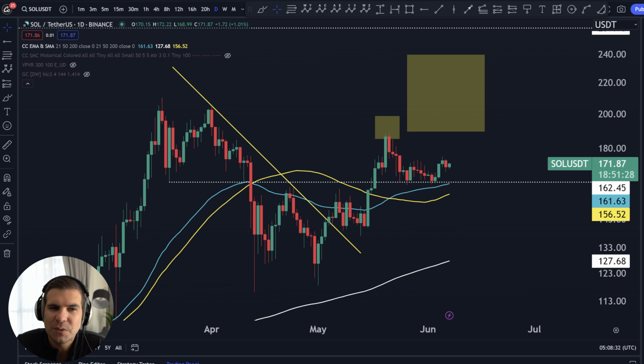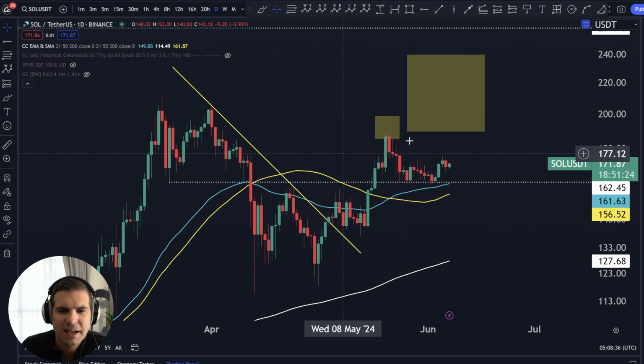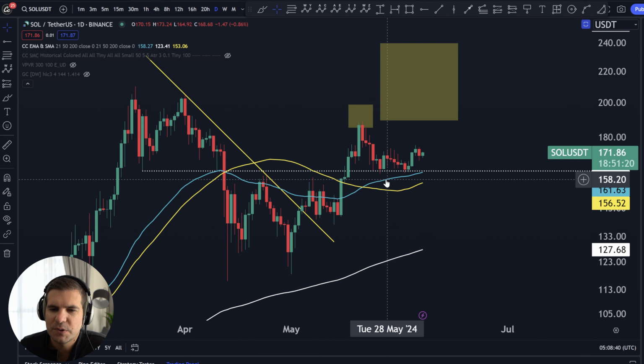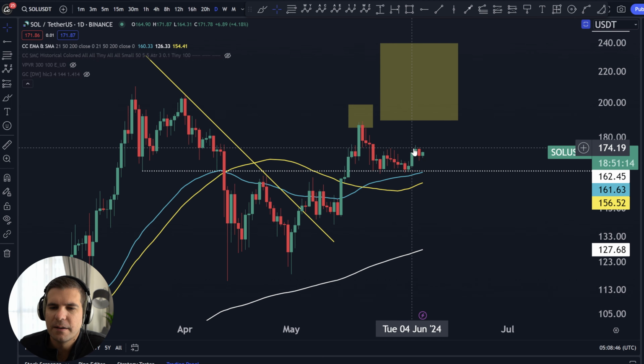So Solana paired up with USDT. We're on the one-day Binance chart here, and we can see that we had a bit of a retracement for Solana, and this was a great trading opportunity, which I did manage to take advantage of with an entry around $162. And yeah, we can see we've had great moves to the upside, where we recently peaked at